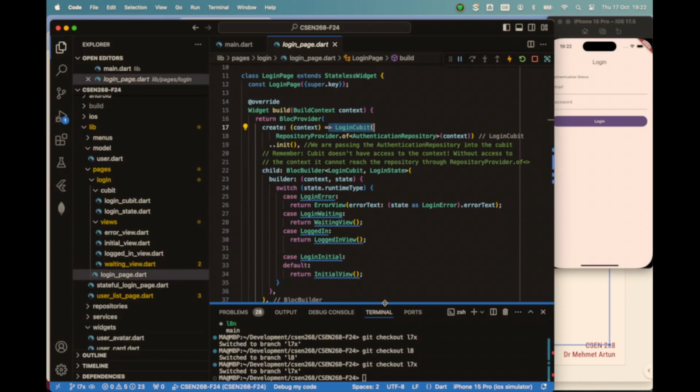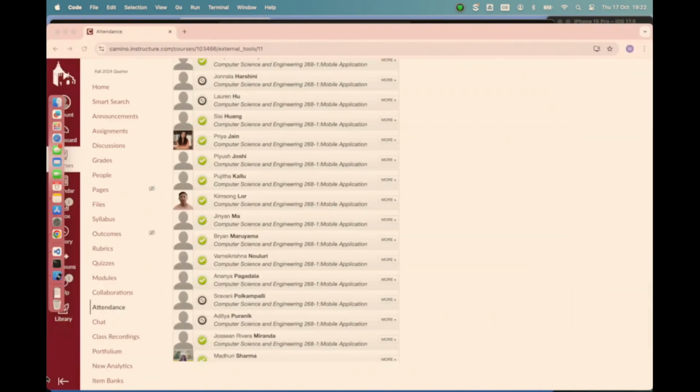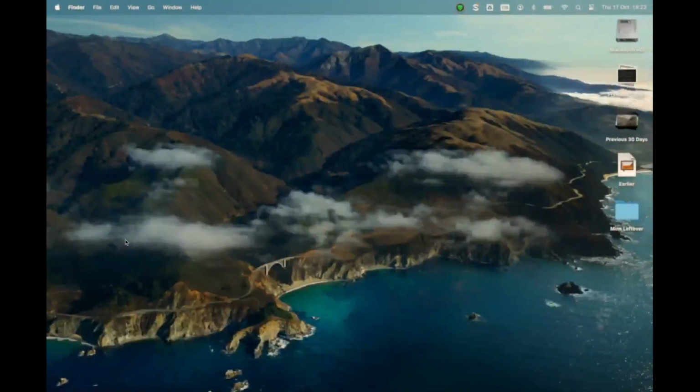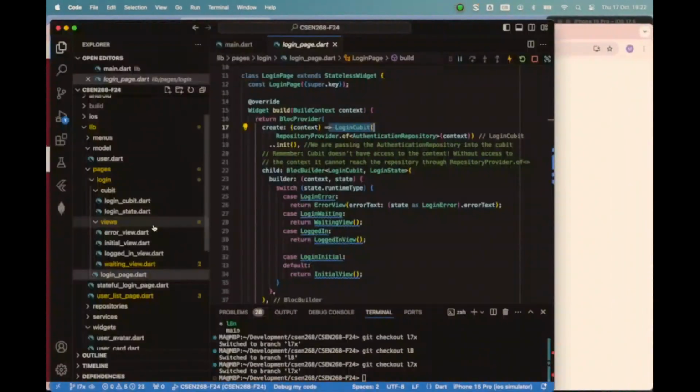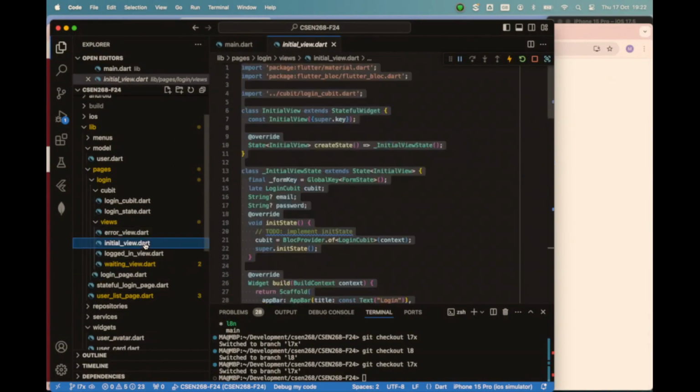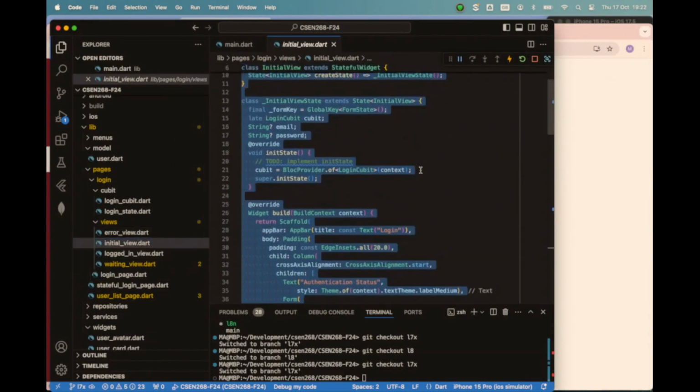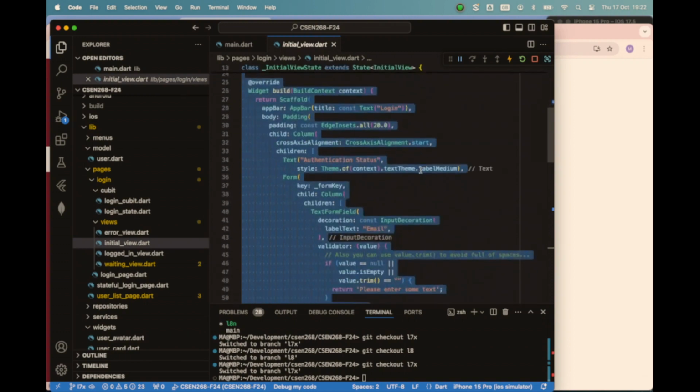Error view, just a little error message. Waiting view, a spinner, the other one. So the views are very, very simple widgets which sit in the view directory, right? Which sit in the view directory. For example, the initial view,